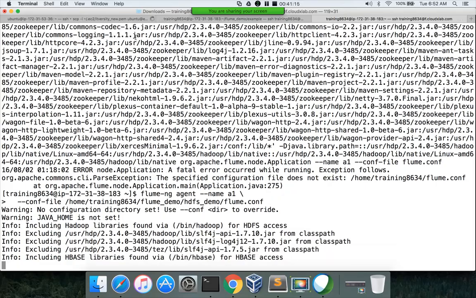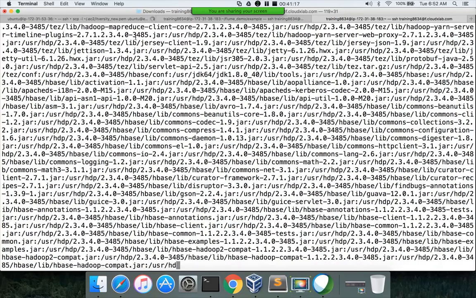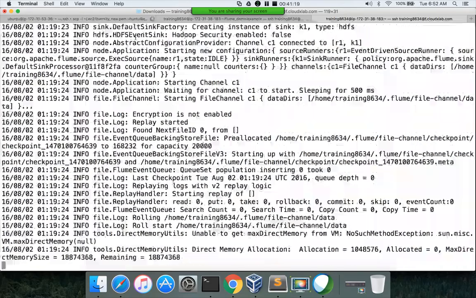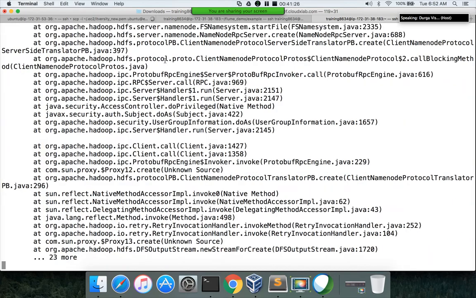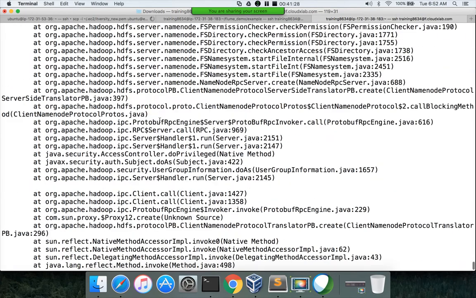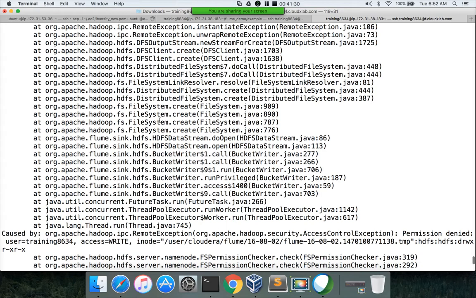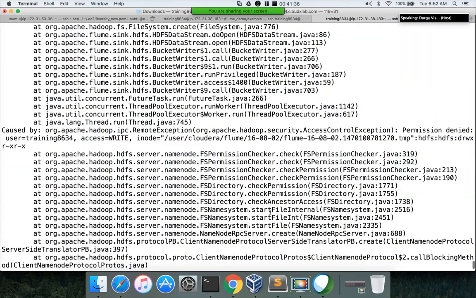Okay, now let us see whether it will run or not. Now it is started, but to get the logs, we have to run the start logs command also. So it is complaining a little bit here. Okay, so the HDFS path is not correct.